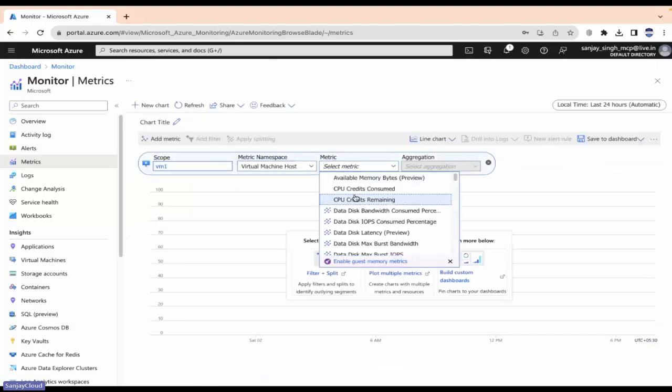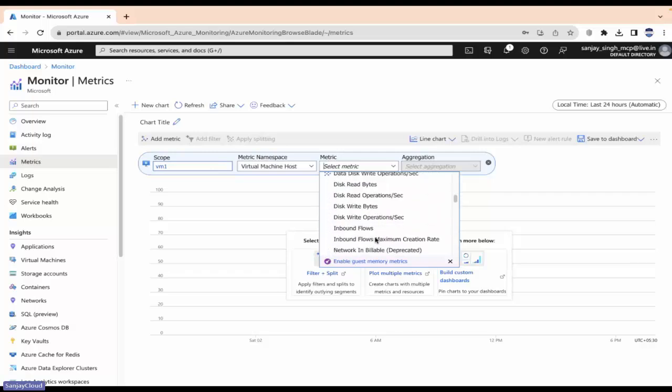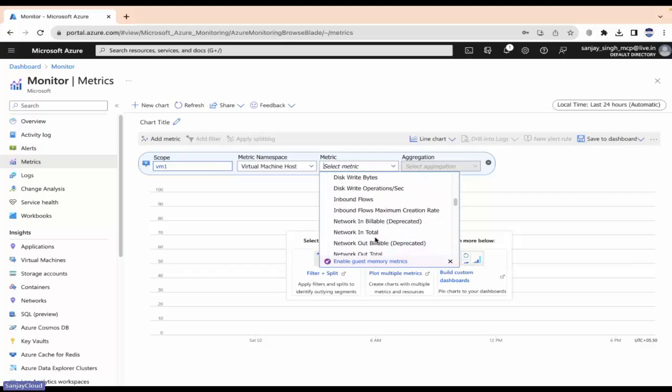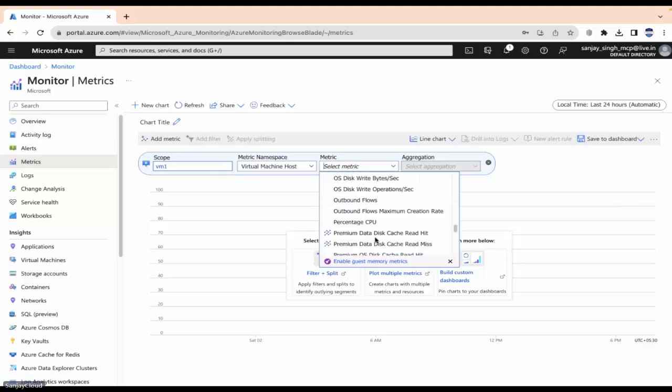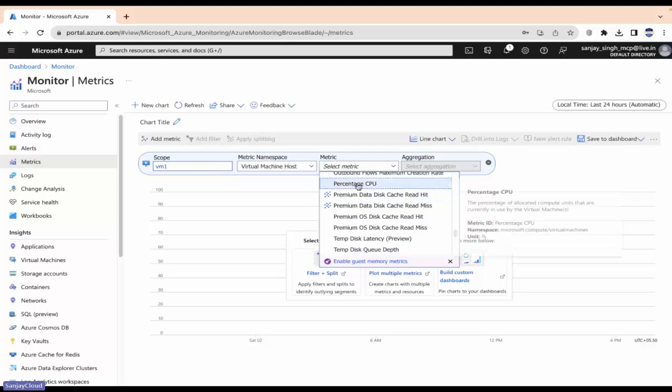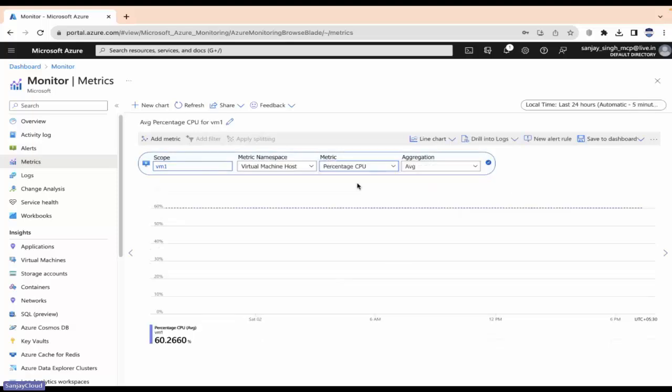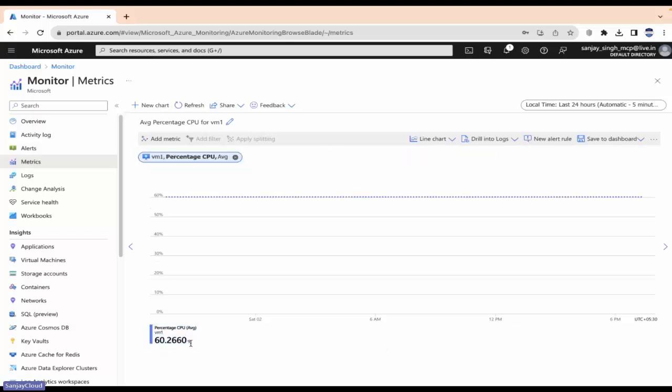Now, which type of metric you are going to monitor? CPU credit, consumed, remaining, disk, read, write, bandwidth, network in, out. So we have lots of types of metrics here. So let me show you a simple metric which would be percentage CPU. That means average CPU utilization for your virtual machine. That is called percentage CPU, which you can see right now that is 60%,